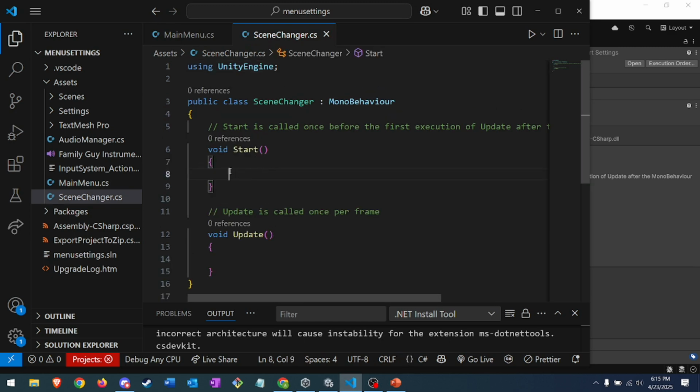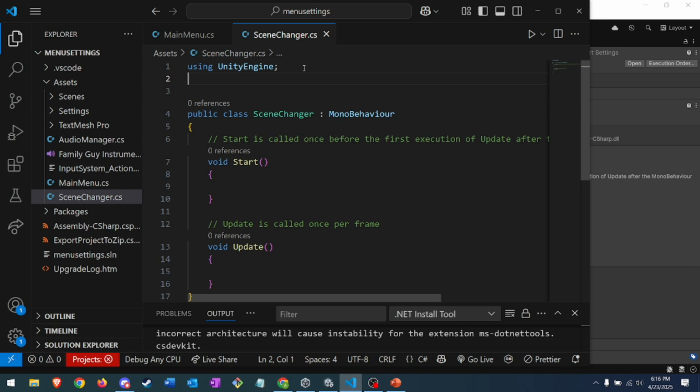Okay, here we go. And then we're gonna just write a simple script that for every frame it's gonna check if the user presses escape, and then it will change the scene ID to our main menu. So we are gonna make sure we have all the imports, UnityEngine. Okay, yeah, we need the scene manager import again, using